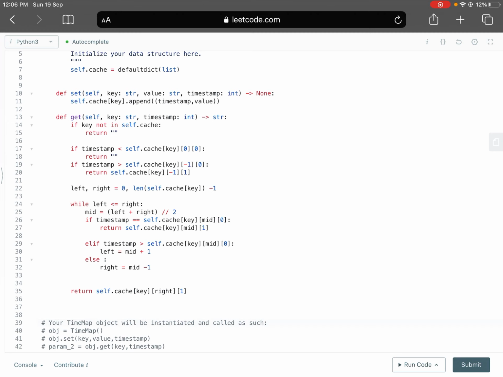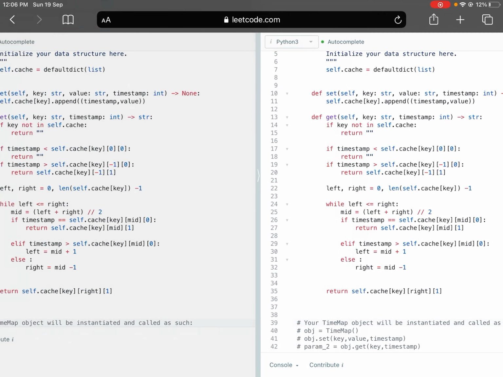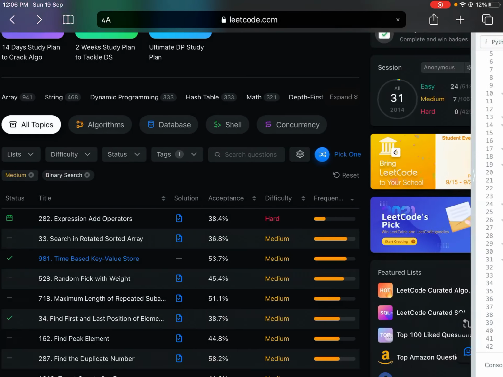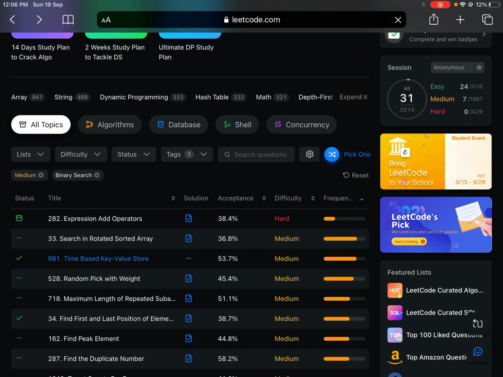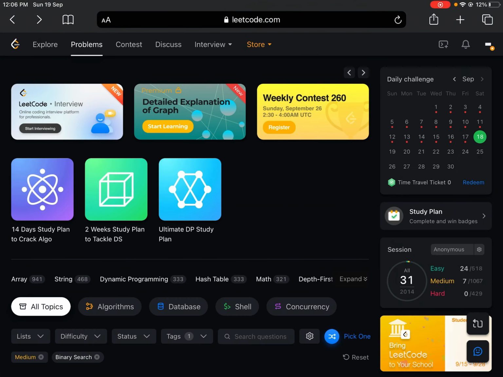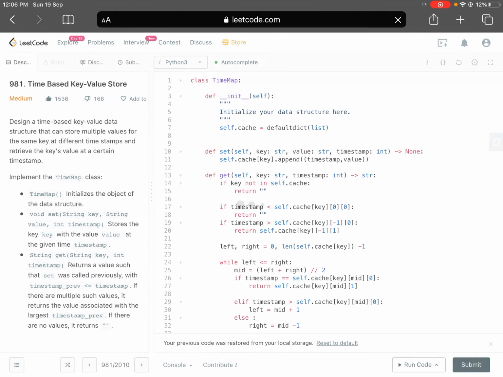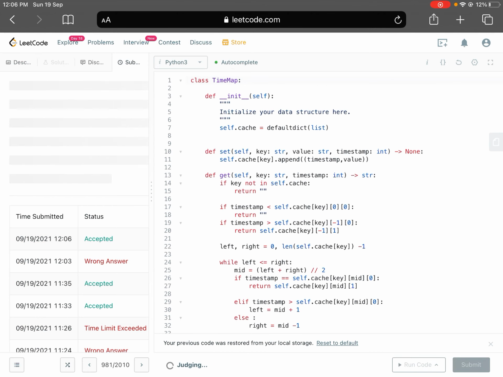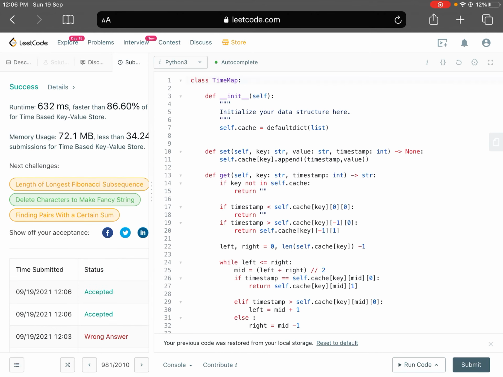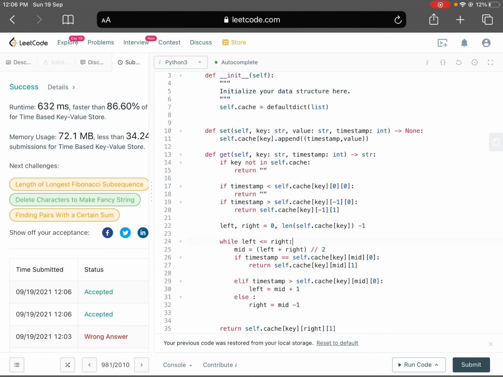I guess this should fix it. Did that succeed? Oh, crap! Where did it go? Let me just try that again. Yeah, so that is submitted. Yeah, that seems to work.